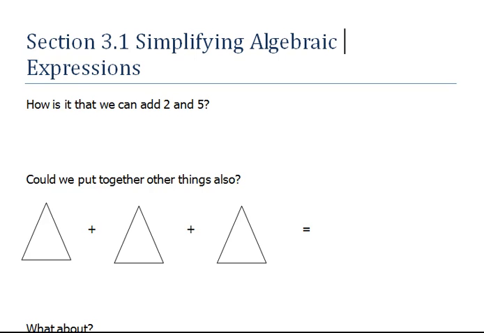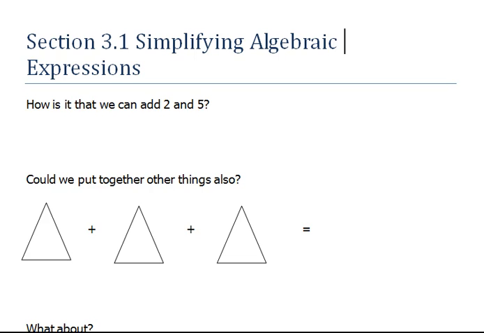In this video, we're going to be talking about simplifying algebraic expressions. But before we actually put x's and y's in things, let's just talk about how do we know that we can add things. In what I have written here, I say, how is it that we can add 2 and 5? Well, when you first started learning how to add numbers, we didn't add in the abstract. We had to have something concrete that we could look at, that we could touch, that we could put together